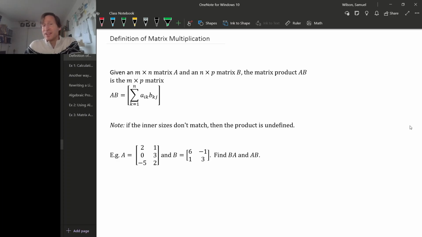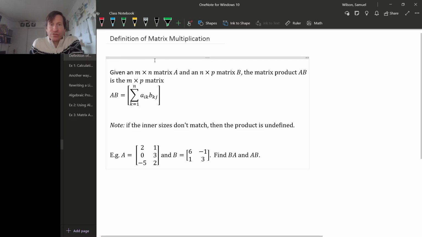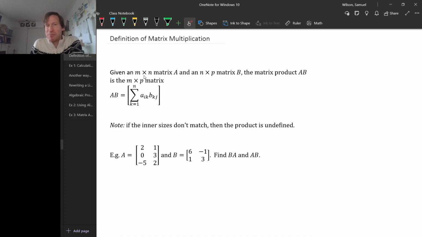Okay, let's dive in and actually compute some matrix products. So here I have the matrices the other way around. The m by n matrix I'm calling A this time, and the n by p matrix I'm calling B, just so that when I write the product, it's in alphabetical order. That's really the only reason. But that means that the